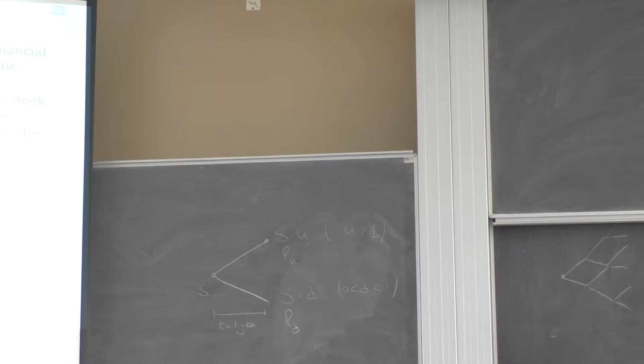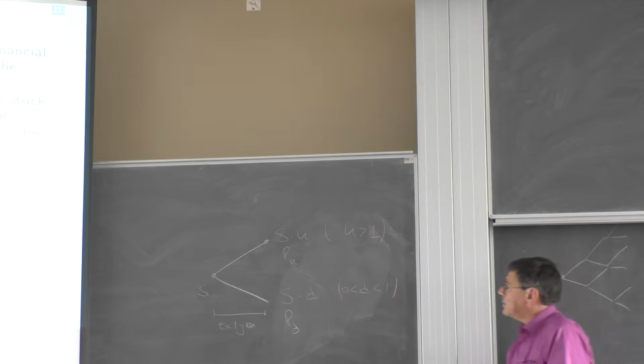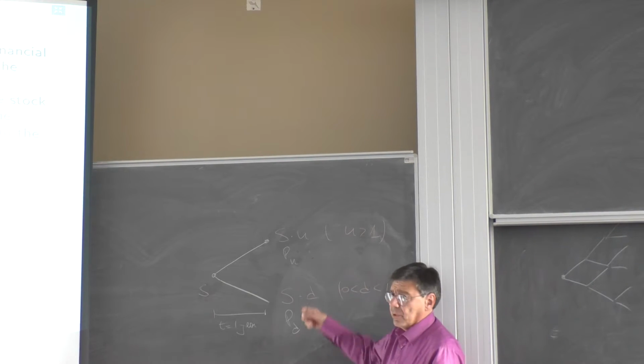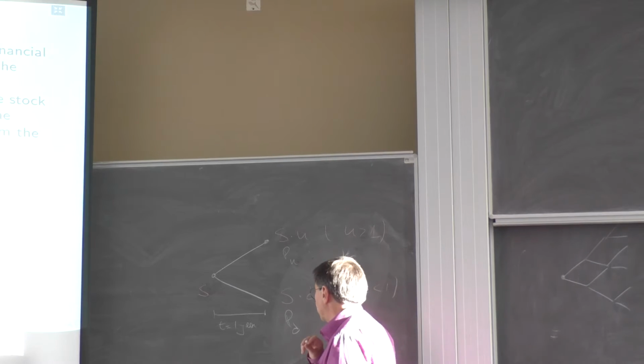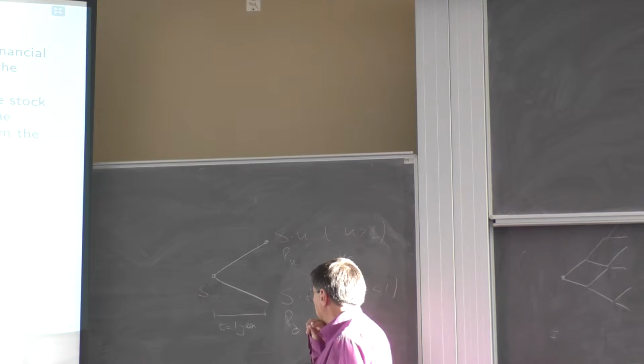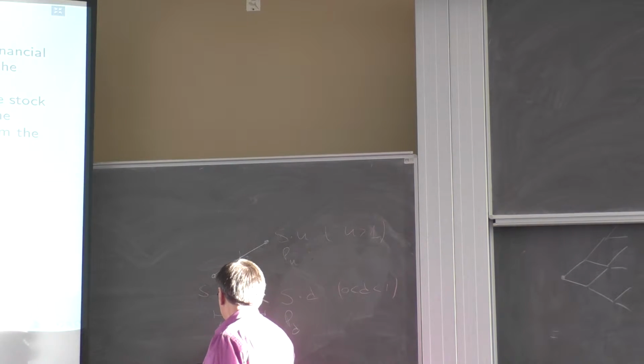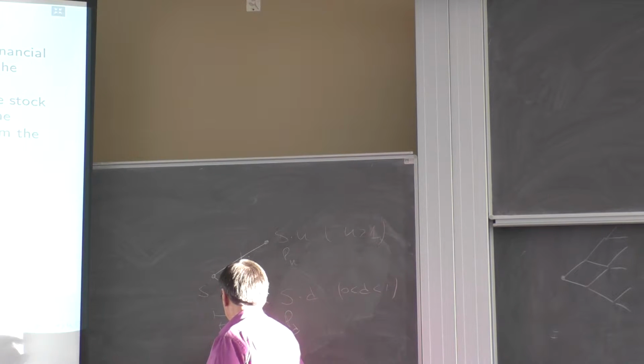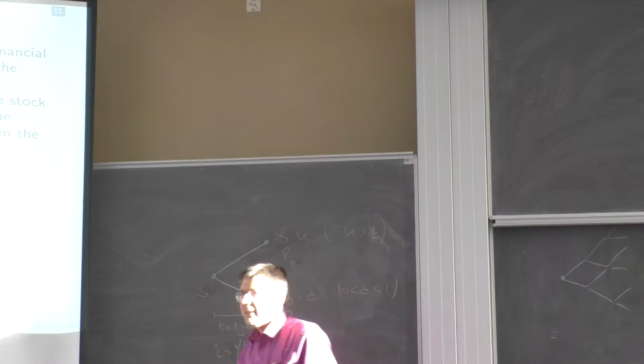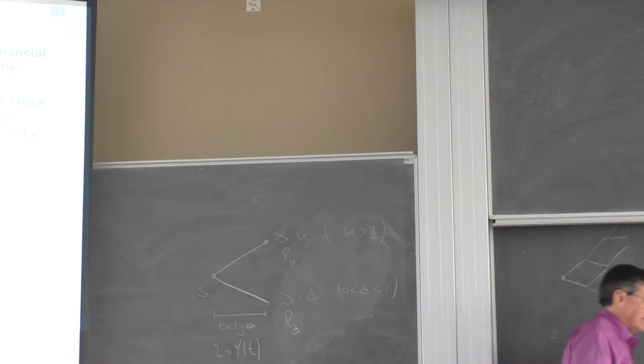And we're going to ask ourselves, how do we find the price of such a derivative that gives you these payoffs? And then we're going to have to use another number here. So let's take r to be the t-year interest rate. Let's write it. r is y of t, the value of the yield curve at time t. It's a t-year interest rate.